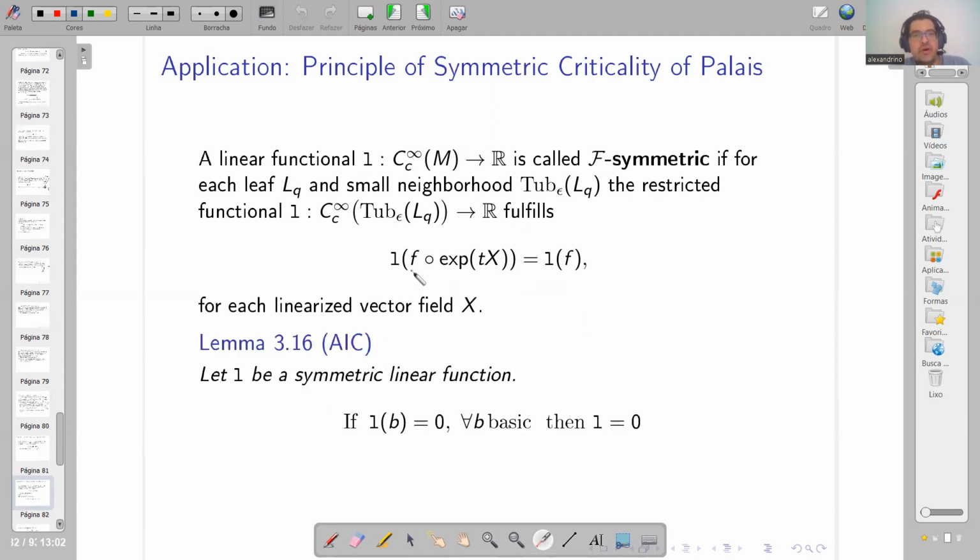And we have what we call a generalization of the symmetric critical principle of Palais that says the following: if you have a symmetric linear foliation functional, and if your functional is 0 for basic functions, then it is 0 for all functions. This allows us to start, when dealing with the calculus of variations, although we are dealing with all functions in the space,